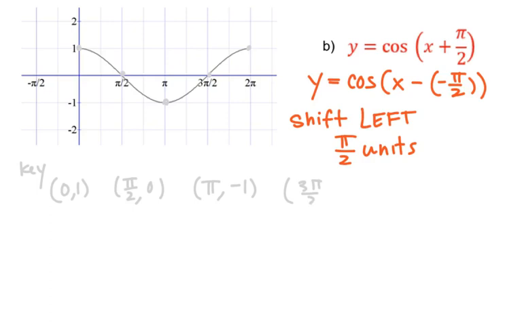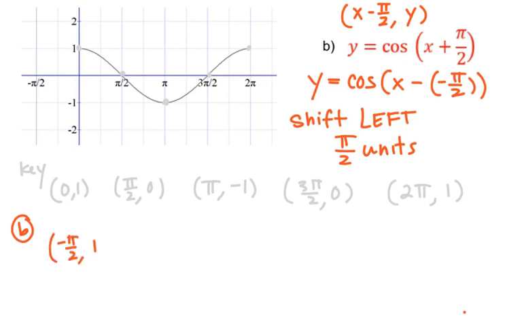3 pi over 2, 0, and 2 pi, positive 1. So I said each of these points, I'm going to say x and subtract pi over 2 from it. The y isn't going to change at all. So my new points for the graph on B here, I've got negative pi over 2, 1, because that is